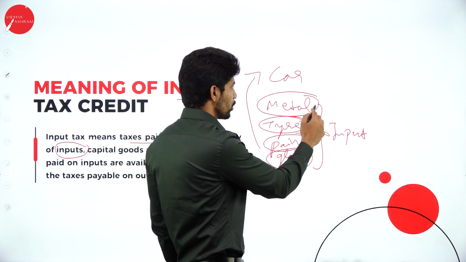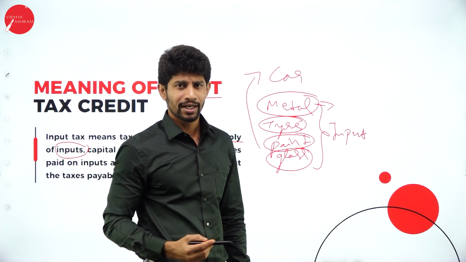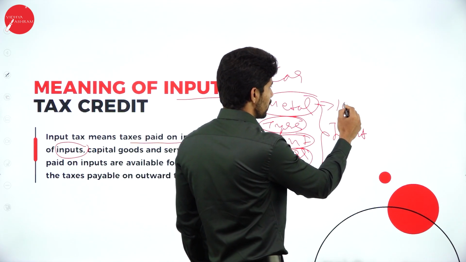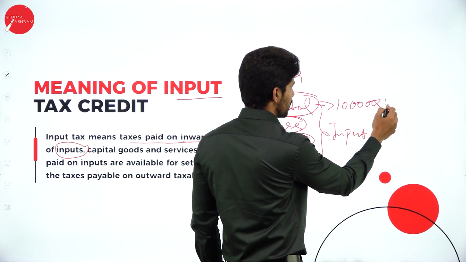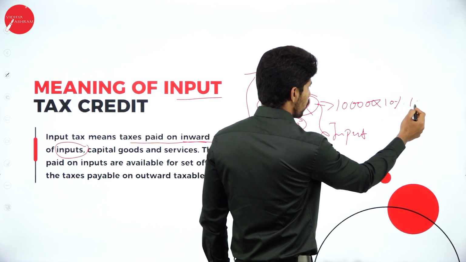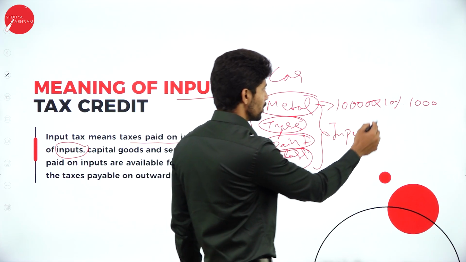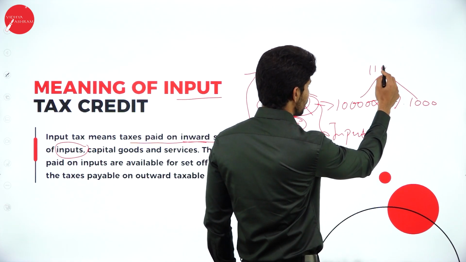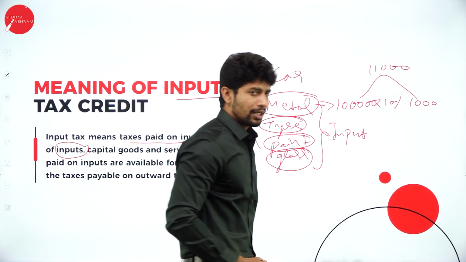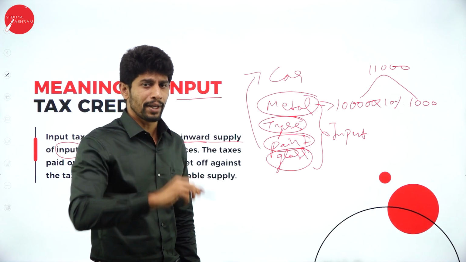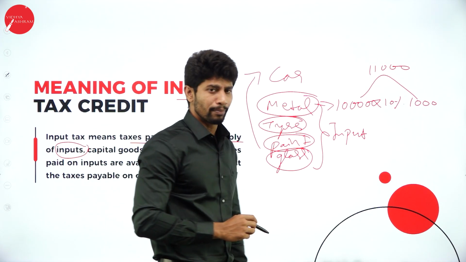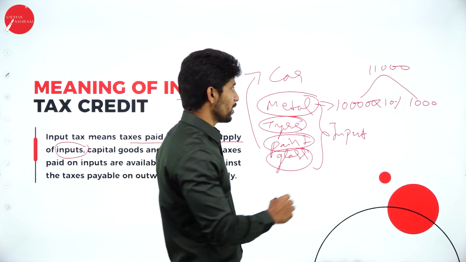For example, you are purchasing metal from a supplier and you pay 10,000 rupees. On this 10,000 you pay 10% tax, let us say 1,000. So 1,000 of tax you are paying on this 10,000, total comes to 11,000. Here the 1,000 rupees of tax you paid on this input, that is on metal, that 1,000 is called